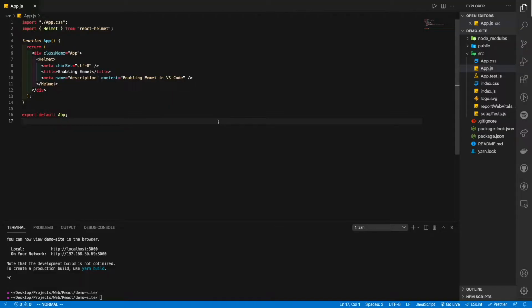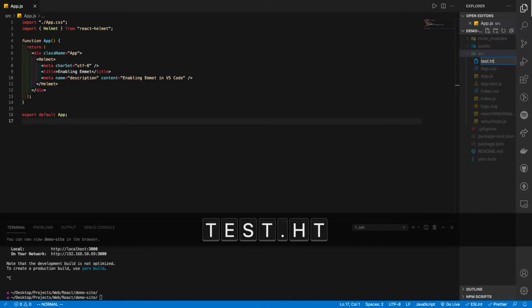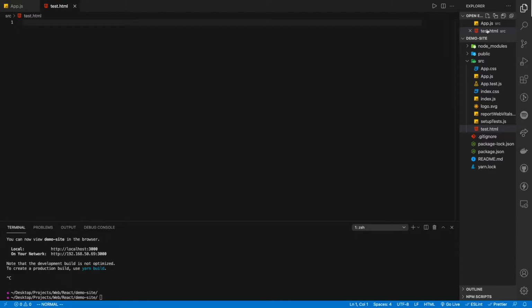So if you're watching this video, you probably already know how powerful Emmet can be, but if not, basically Emmet is a built-in VS Code extension which allows you to write code much faster. But the thing about Emmet is that it might not be automatically enabled for all languages that you might be using. So let's say you have an HTML file over here, and if you try to edit this,